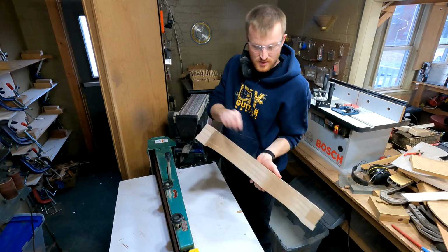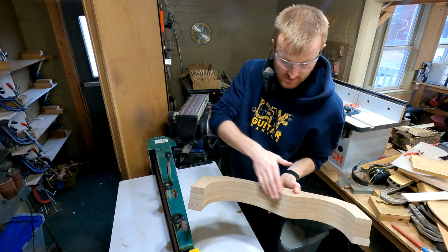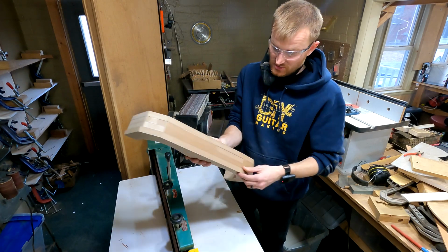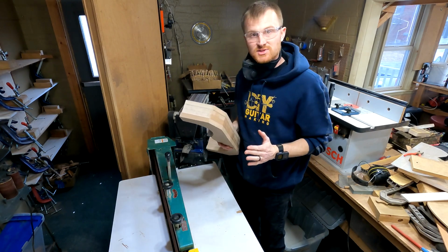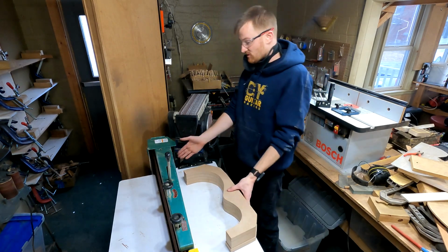Okay, so I've used the spindle sander to bring the inside edge really close to the template. Now I could keep using the spindle sander to bring the outside edges close to the template as well. However, straight edges and outside edges, it's much easier to do that on something like a disc sander, or even